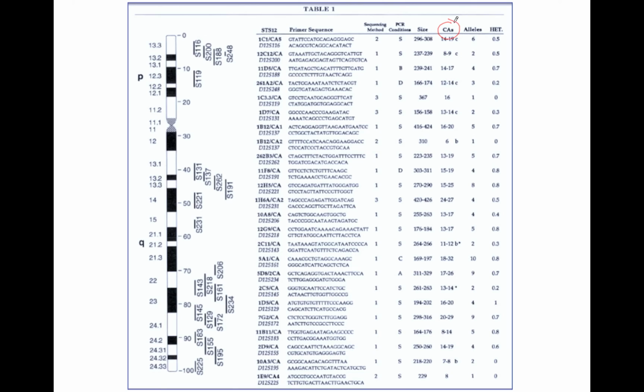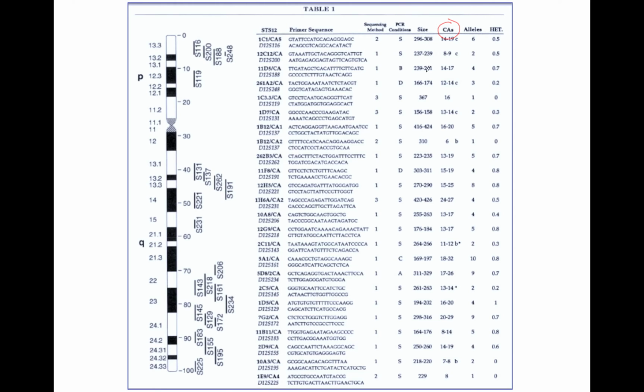CA repeats are very prevalent in the human genome. Millions of them exist on all the different chromosomes. And if they're long CA repeats, they tend to be polymorphic. Okay, so